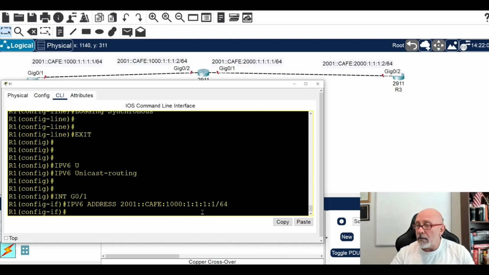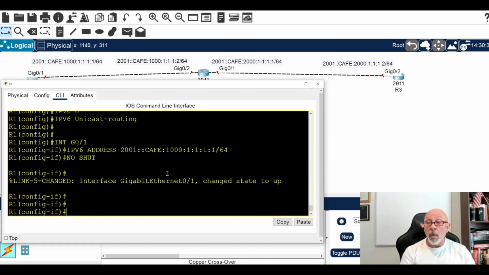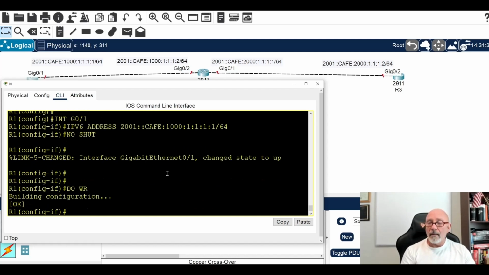So I didn't get an error. So you can see here, one quartet, two quartet, three quartet, 4. One quartet, two quartet, three quartet, 4. Okay? So they're all there. All right. No shut. Cool. But then we'll see what the IOS does at the end.